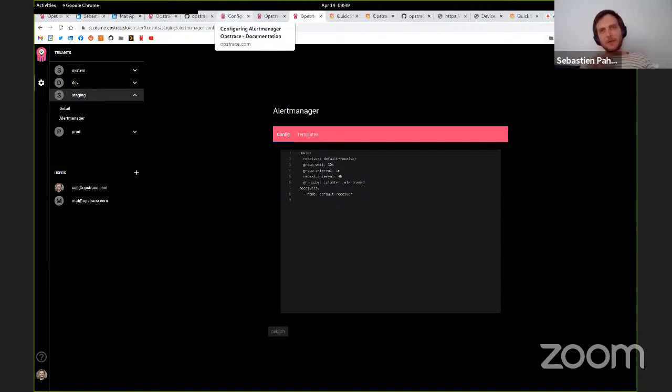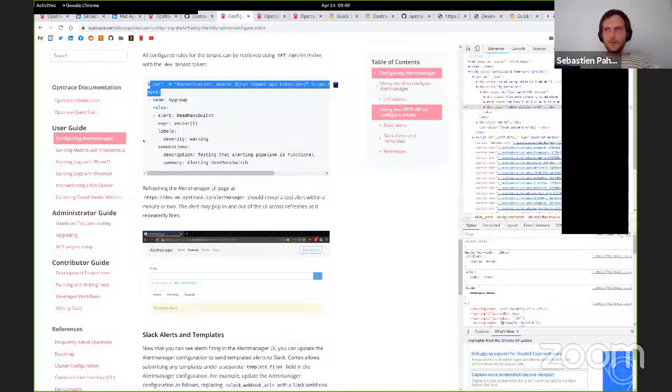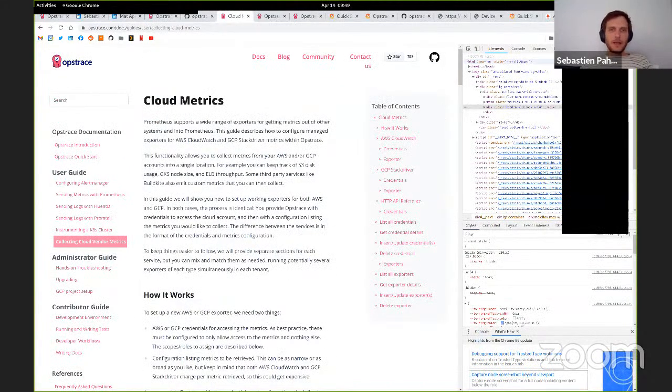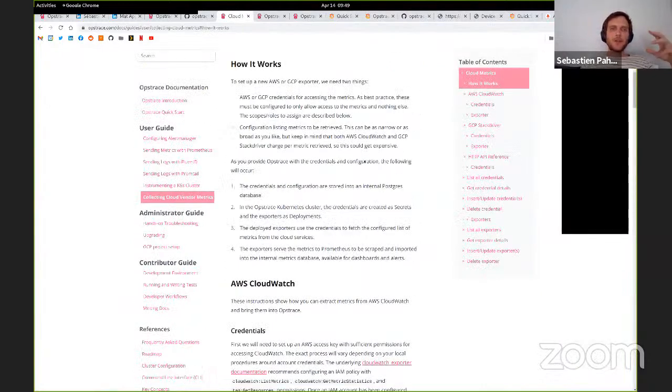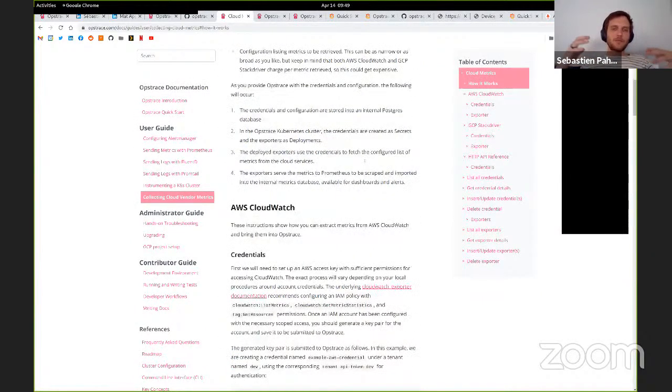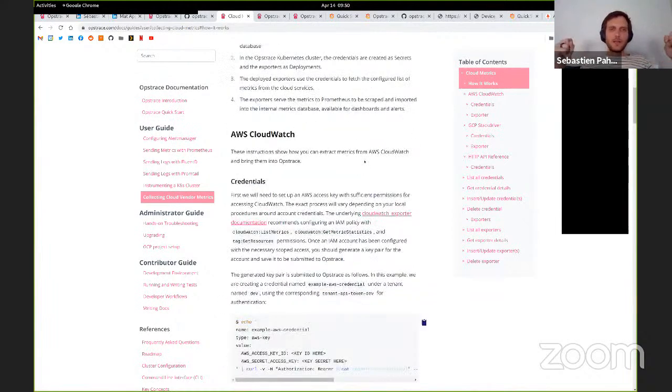And then the last thing that I wanted to show for the demo is quite cool. So what is this doing here? Monitoring cloud vendor metrics. It's great to have Prometheus, but the power of Prometheus is being able to couple it with a lot of exporters. Exporters need to be deployed and installed. When you have an instance of Opstrace, you want to utilize these exporters to get metrics out of things that are not in Prometheus.